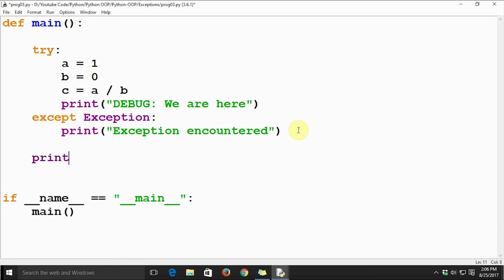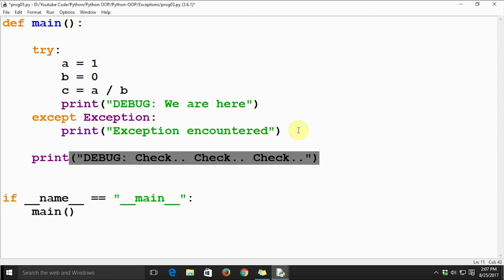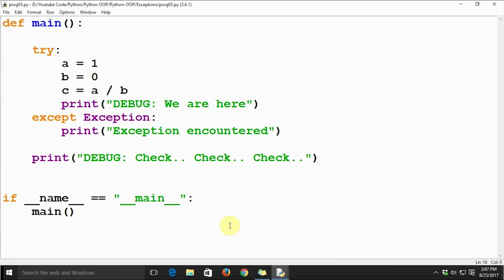Here we are going to print debug check. We are just going to check if this line is executed. Okay, let's execute this module.